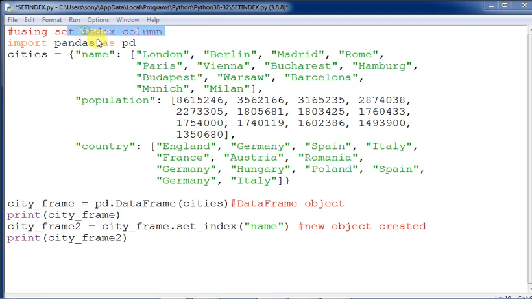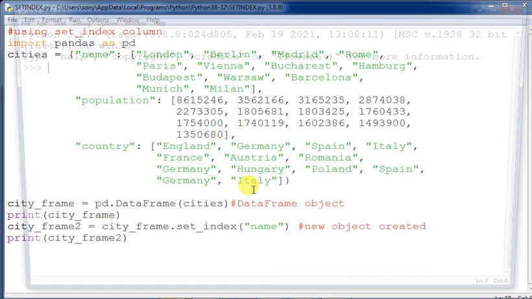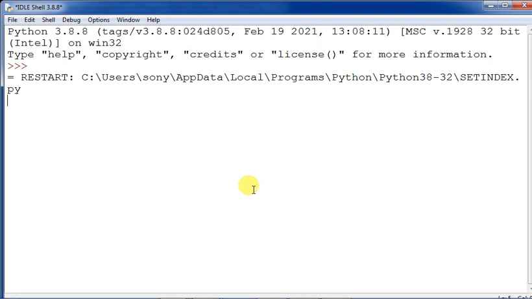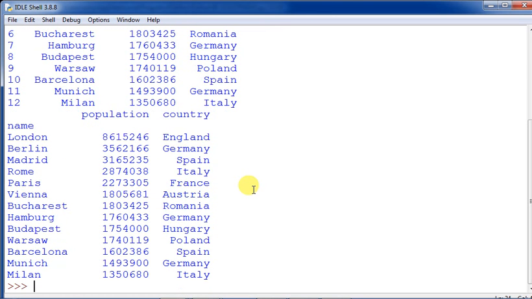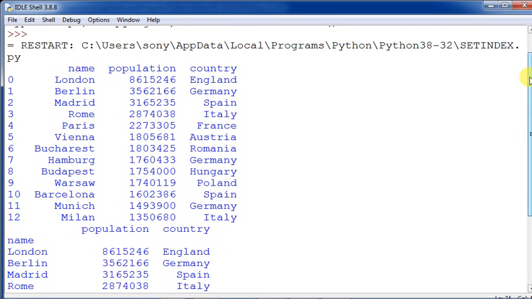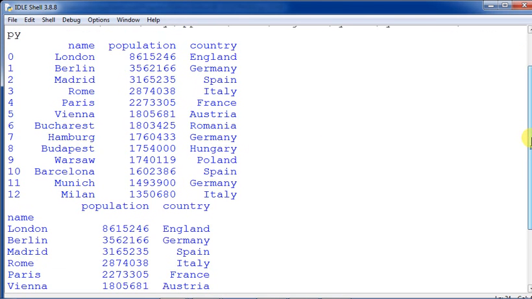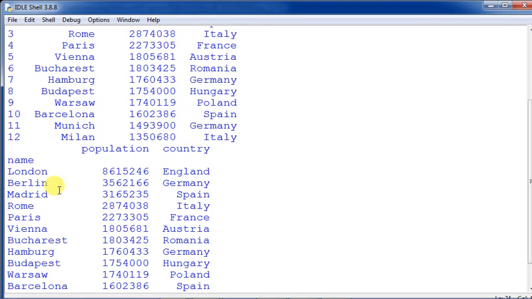Let's see now how it is coming. Okay, now what is actually the output and how it has been appearing. Just see out here how this is happening. Previously when we executed that, the default index of the data frame was appearing out here like this. Okay, previously also you have seen it. Now the indices have changed, and name has come as its index. So you can see out here, that is the thing.